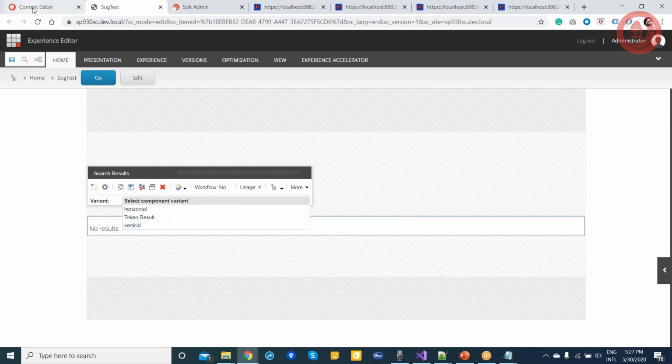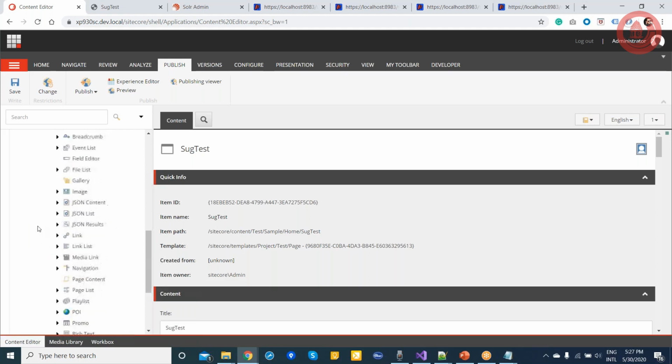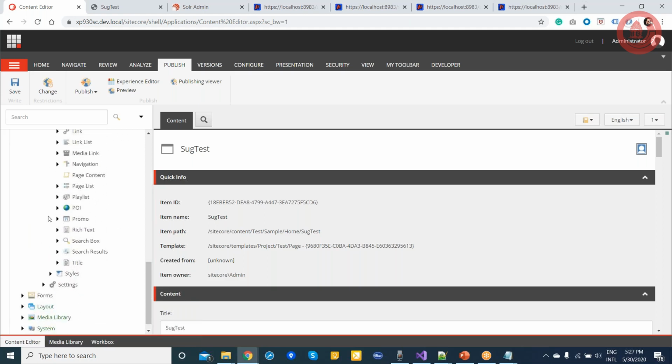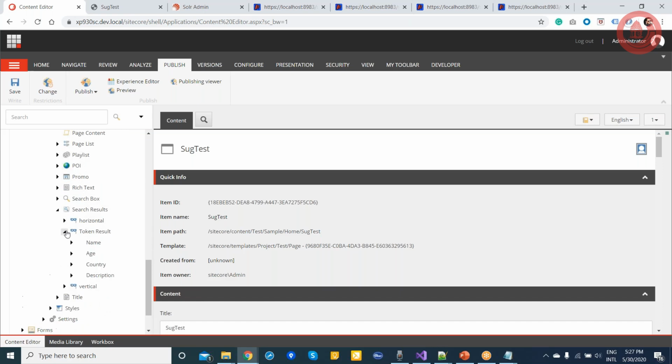So I just created a variant here, this rendering variant. So you will go to presentation, and the rendering variant, you go to the search result. So I've created a token results.